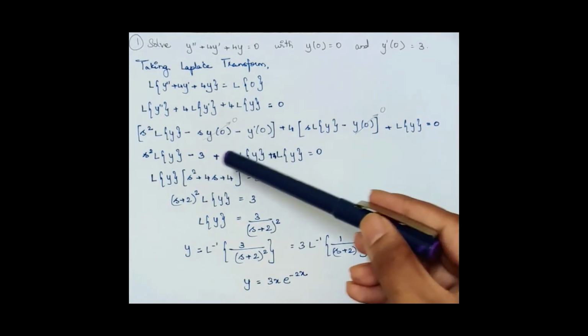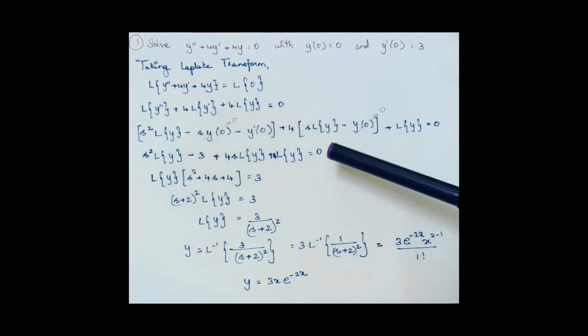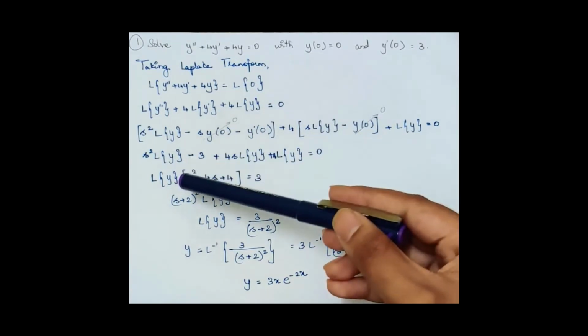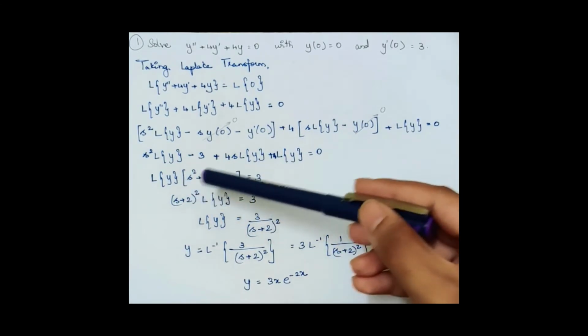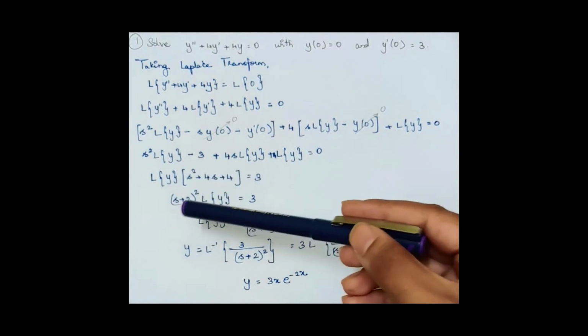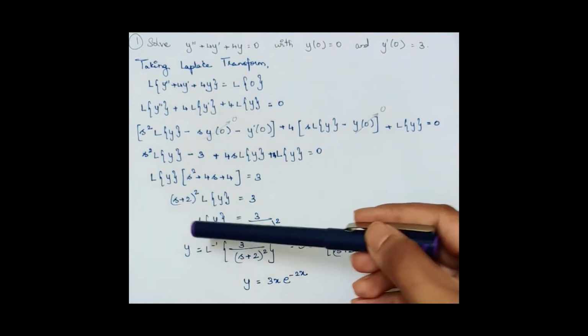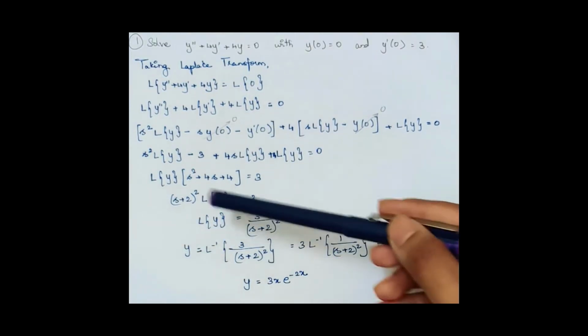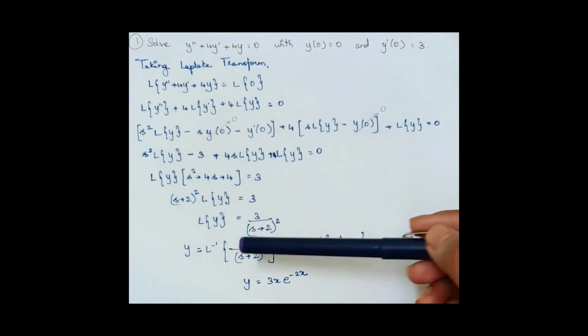Now take the Laplace transform of y as common and take the other term to the right, which is 3. Now s squared plus 4s plus 4 into Laplace transform of y is equal to 3. Now s squared plus 4s plus 4 can be written as s plus 2 the whole square, times Laplace transform of y, which is equal to 3. So the Laplace transform of y is equal to 3 by s plus 2 the whole square. Now taking the inverse Laplace transform of this, you get